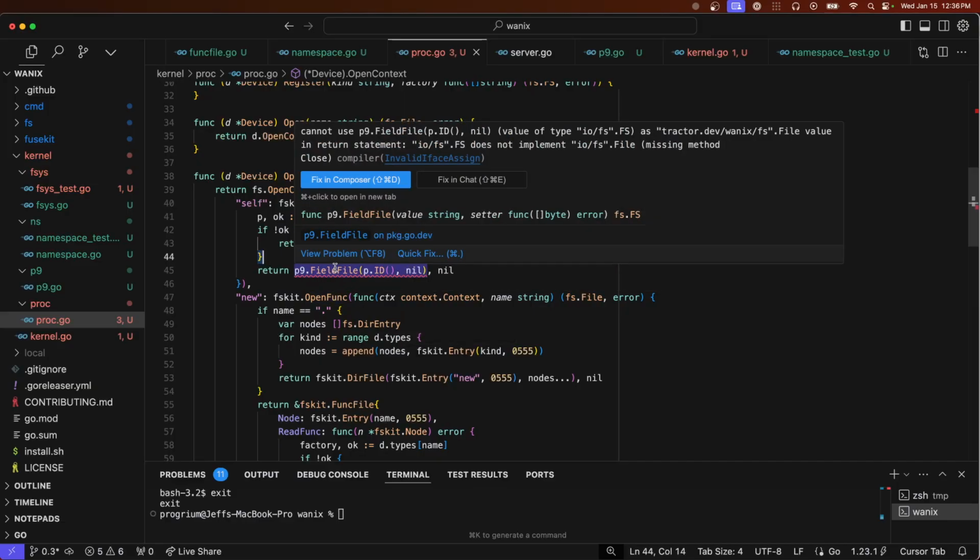File? Field file. Oh, field file returns a file system, but a file system quickly becomes a